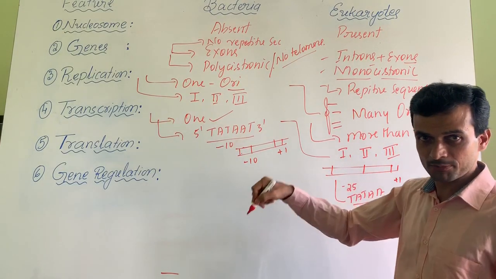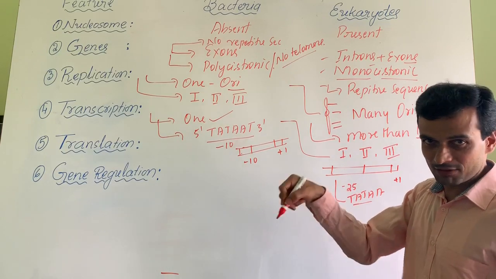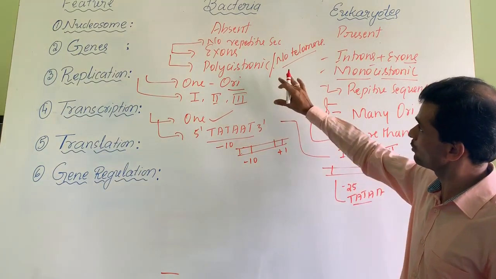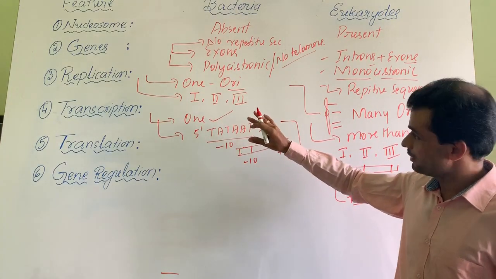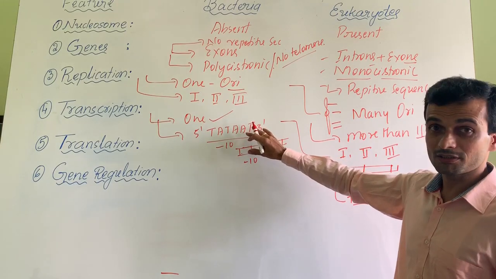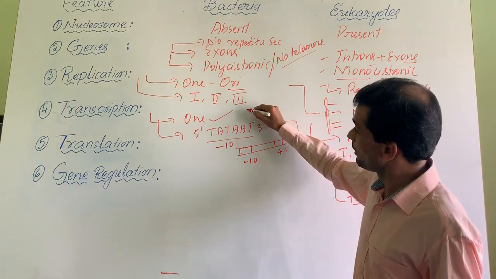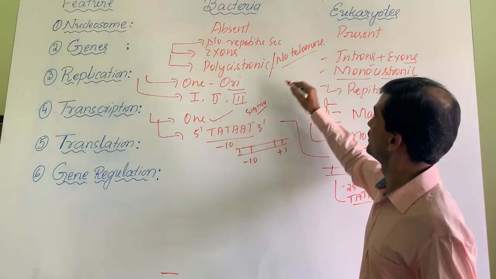But before that, RNA polymerase has to bind to the promoter. See, binding of RNA polymerase to the promoter is a very specific process. The promoter of prokaryotes would be different from eukaryotes. When the RNA polymerase recognizes the promoter, we cannot ignore the role of sigma factor here. Sigma factor is required. Rho factor is required for termination.